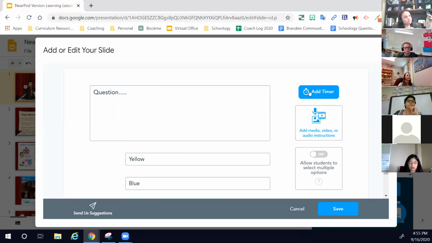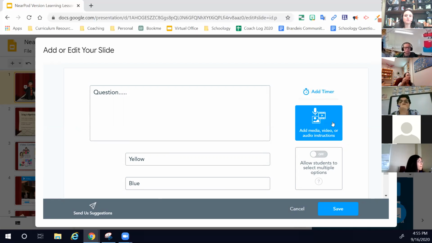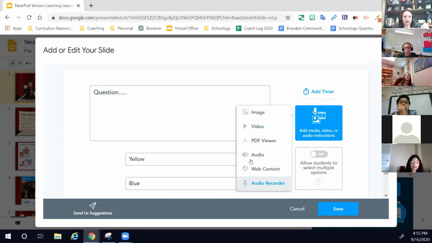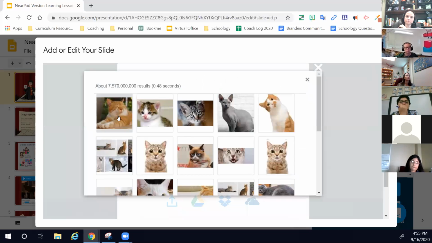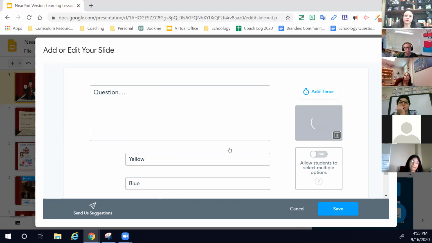Here's that timer option. If I want to set this to have a timer and it closes the question, I can do that. But in my own teaching pace, I don't use the timer very often because I pace it. Here's where you can add media. So if I wanted to attach a picture to this or an audio recording or maybe even a video, I can actually do that here. So if I wanted them to refer to an image, I can click on this. Here are my options for adding some media to this question. So maybe I'm going to put a cat here